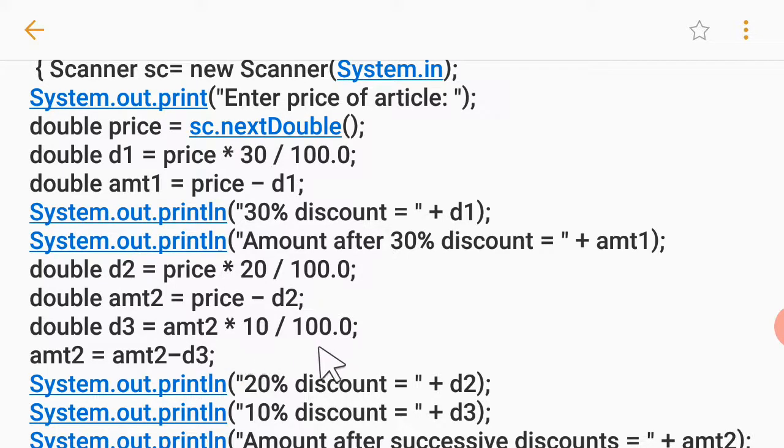Students, again I'm just telling you that 20 upon 100.0, 10 upon 100.0, 30 upon 100.0, in all these three expressions you will find the denominator is written with 0.0. Students make a mistake, they just write 100, so that's not appropriate. Either you do one thing, that price asterisk 30 must be in the parenthesis, so that due to multiplication of a double value and the integer, we get the double output. Otherwise, be careful, either numerator or denominator must be made the double type. All right, that's very very important when it comes to fractions.